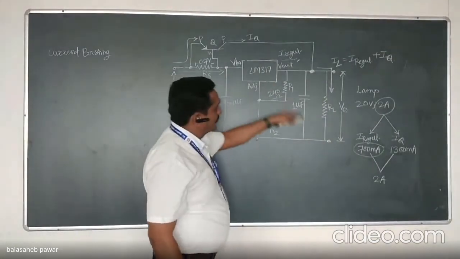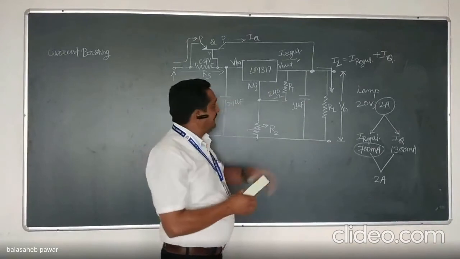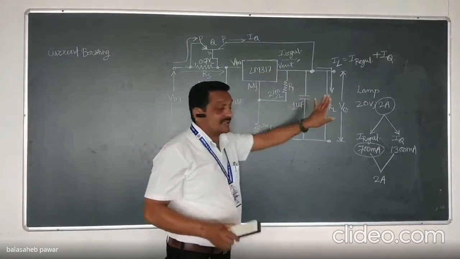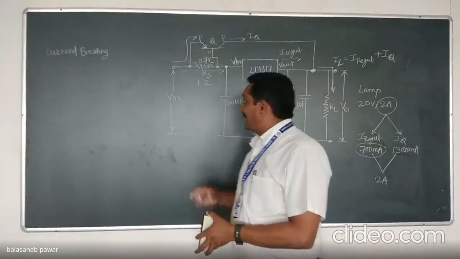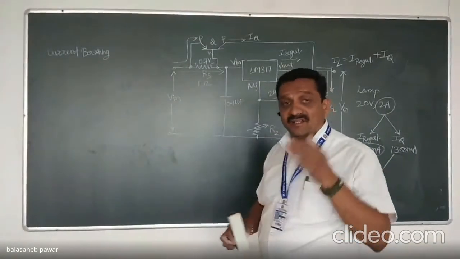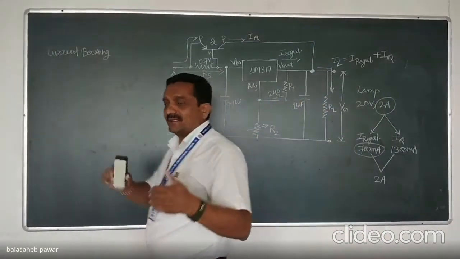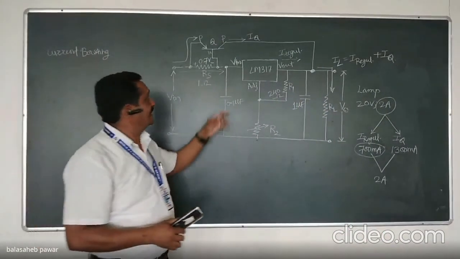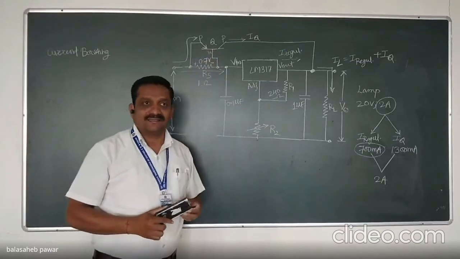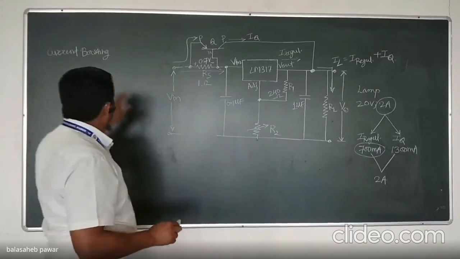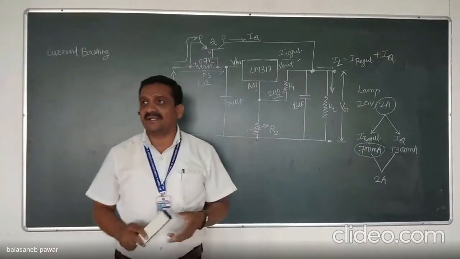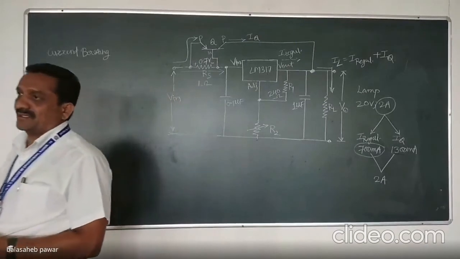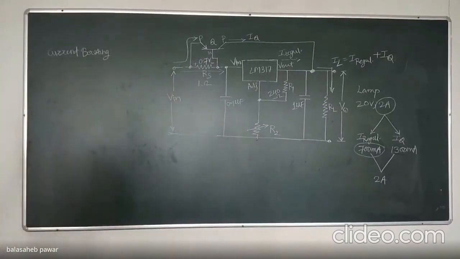Here the output voltage remains regulated by the regulator IC, and the current requirement of the load, as per our example, if it is 2 amperes, will be satisfied partially by the regulator IC and partially by the current boosting transistor, which is connected as shown over here. Is it clear? That's why such circuitry is known as current boosting circuitry. The question may be asked: draw and explain in detail the working of current boosting in the regulator IC. Is it okay?